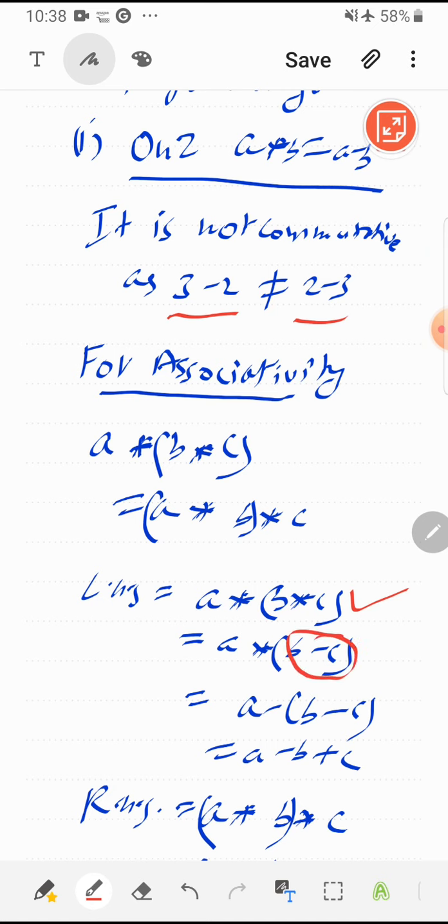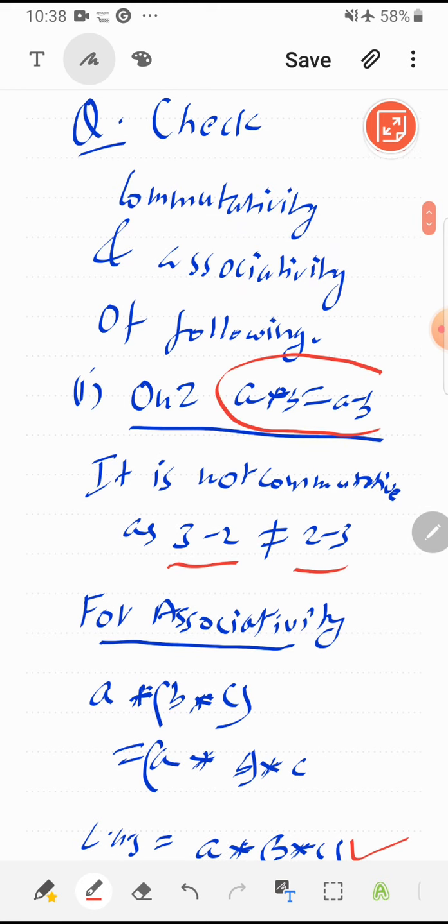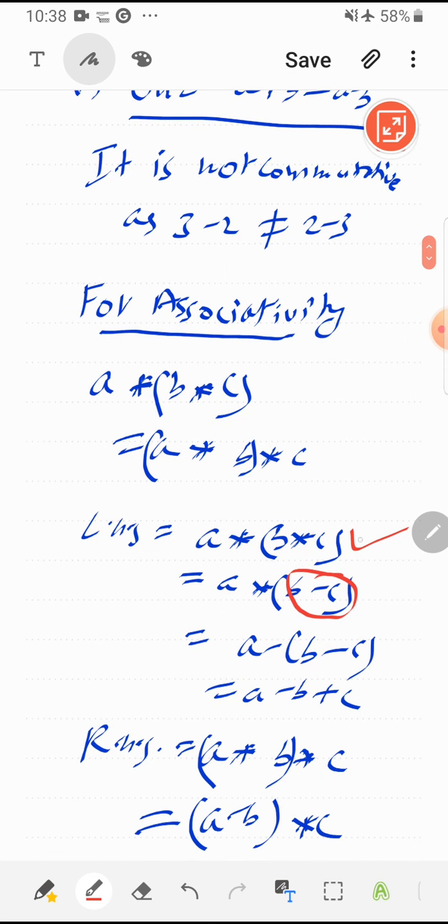To get success in associativity or commutativity or any other property, I always strongly recommend that you never just have a picture in your mind that A star B is there. Try to read it in your mind like it is first star second element. Okay, first star second, so first minus second. So when I say B star C, that means first star second, so first minus second, that means B minus C. Now the second element is B minus C, so first star second, that means A minus bracket B minus C, or finally it is A minus B plus C.